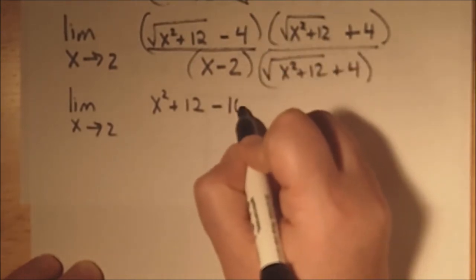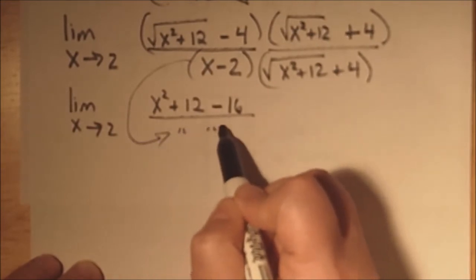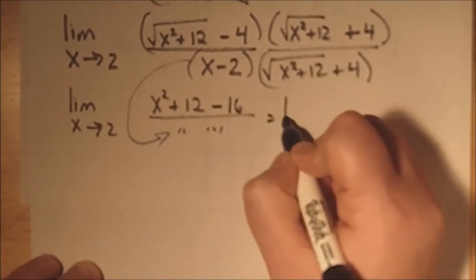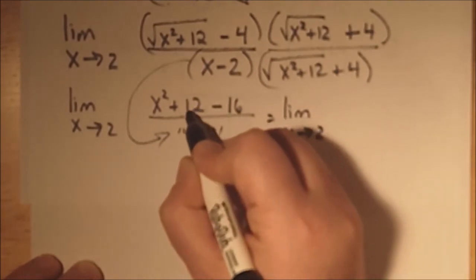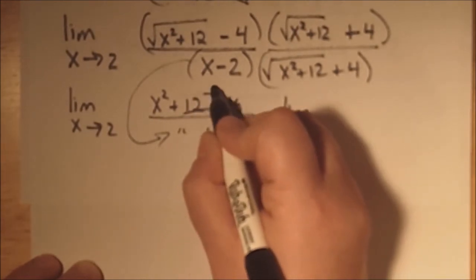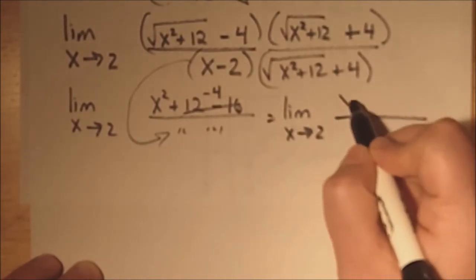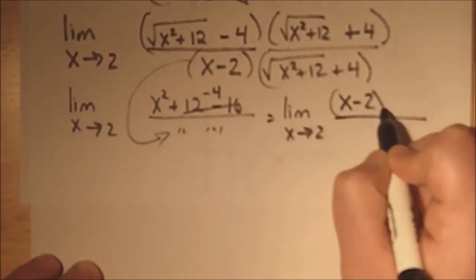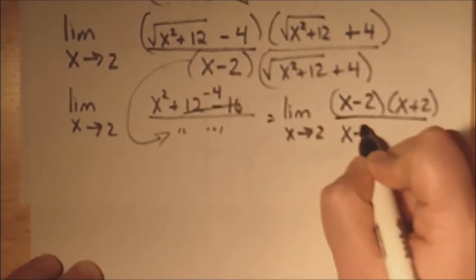And again, I get lazy sometimes. I don't want to write that whole denominator. But that's equal to, this would become x squared minus 4, which of course would simplify into x minus 2 times x plus 2 over